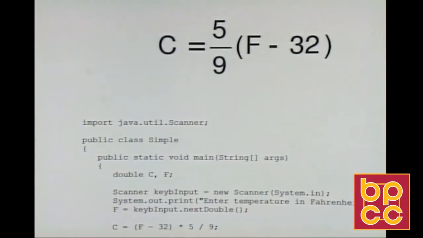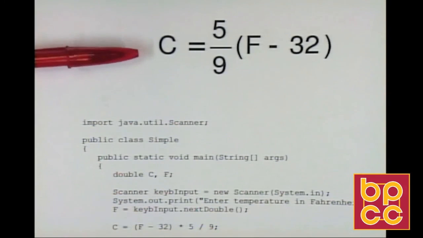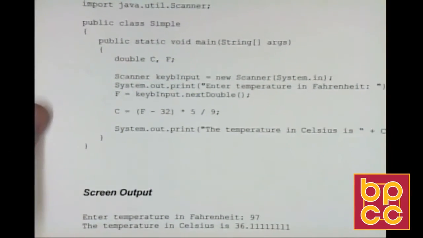Now finally, let's look at an example of creating a little program that can actually utilize a mathematical function. In my particular case, I decided to use this example of converting Fahrenheit temperature into Celsius. And the formula is right here, where you take the Fahrenheit, subtract 32, and then multiply it by 5/9. So we go down here to the working program,